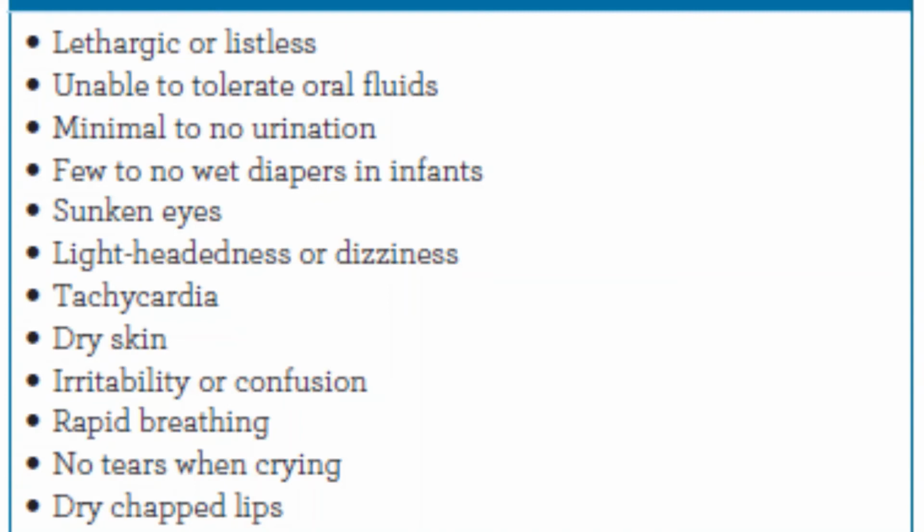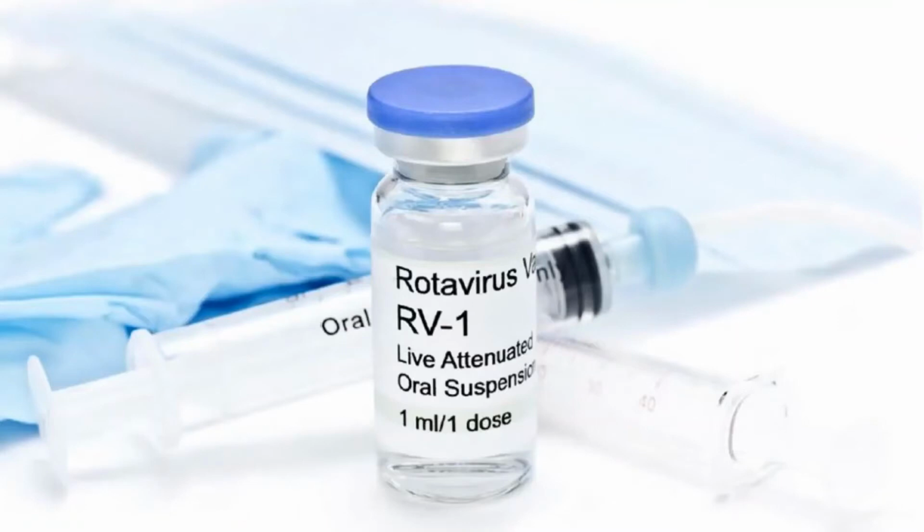Now let's discuss some of the preventive measures. The best way to prevent the spread of intestinal infection is to follow these precautions which I am going to tell you now. First of all, get your child vaccinated. A vaccine against gastroenteritis caused by rotavirus is available in some countries, including the United States. Given to children in the first year of life, the vaccine appears to be effective in preventing severe symptoms of this illness.